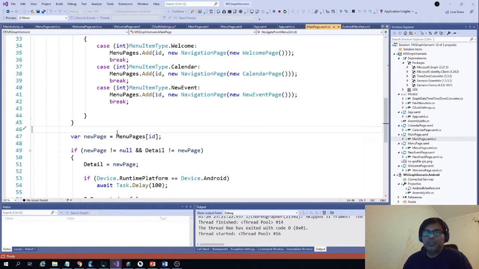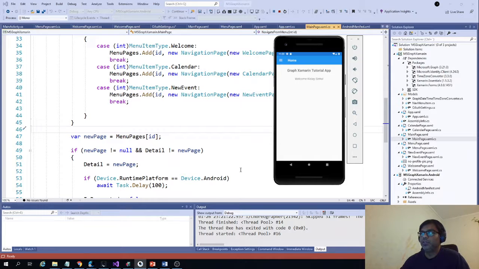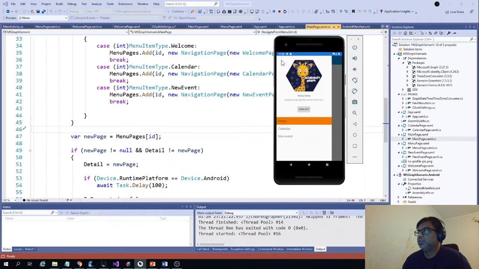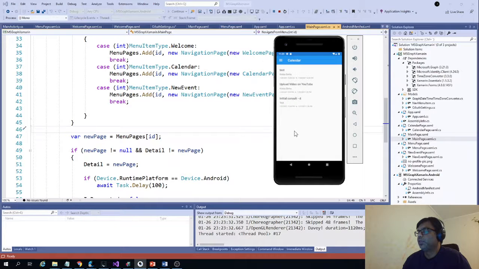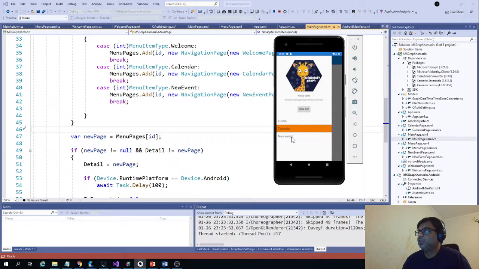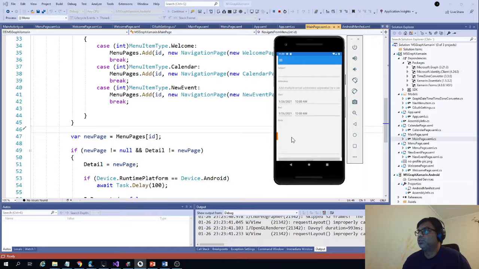So I have my Visual Studio and I'm using an Android emulator to show you in this. So you can see the app has already been loaded, and if I click on here and say calendar, it will show me the calendar entries of my account. And then if I go to new event, it will show me a page where I can add a, let's say, test 2